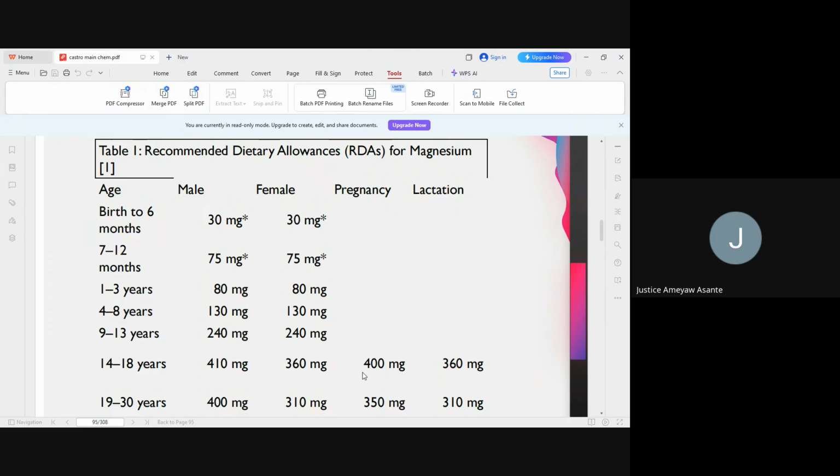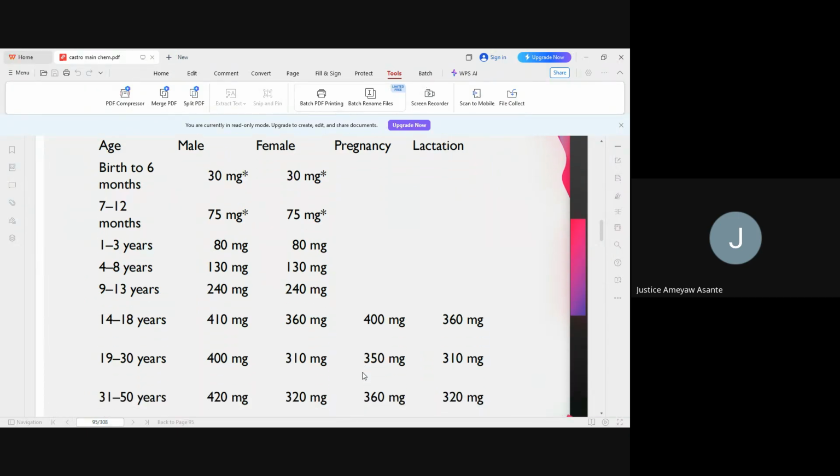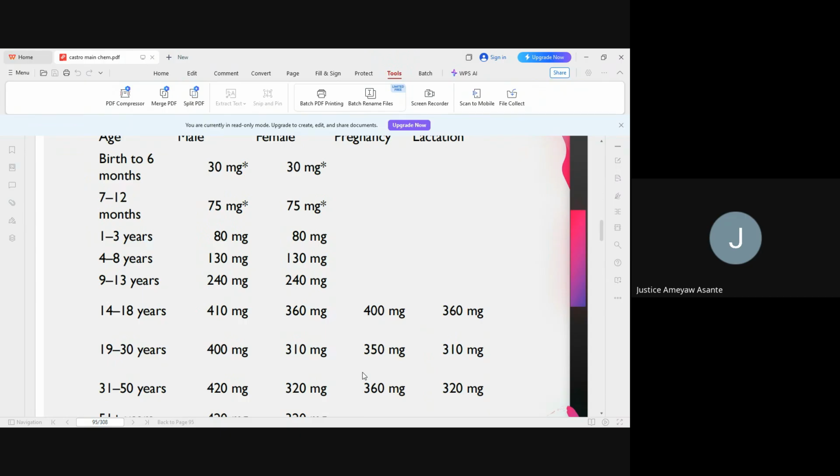Between 1 to 3 years, 80 milligrams for both sexes. 4 to 8 years, 130 milligrams for both sexes. 9 to 13 years, the amount of magnesium that the body needs is 240 milligrams for both sexes. Now 14 to 18 years, for male 410, female 360,